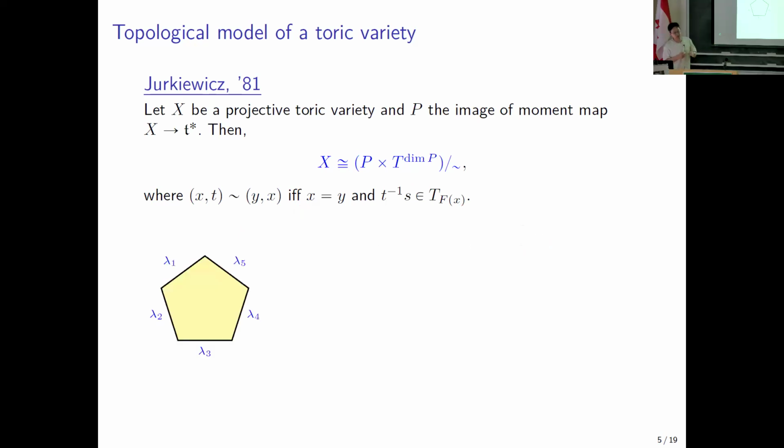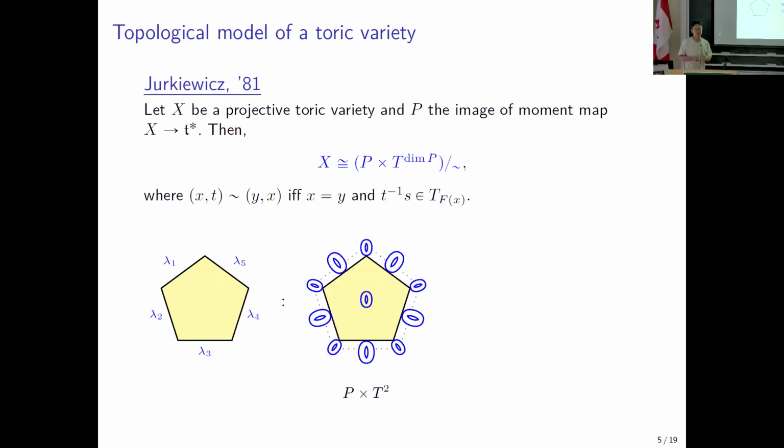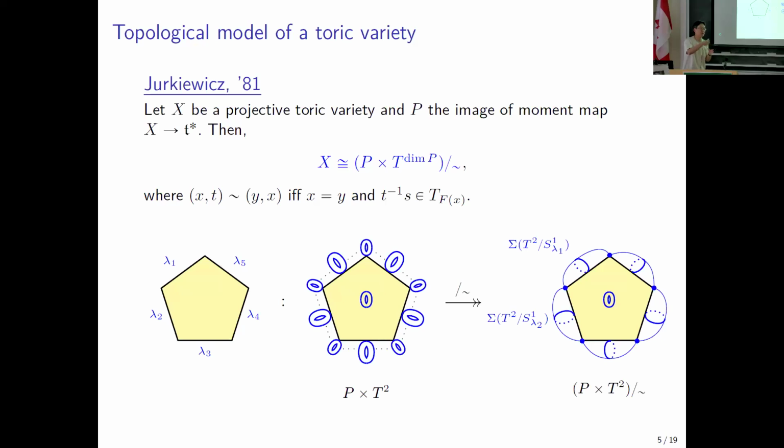So, for instance, if you think about the pentagon, remember that my pentagon is not just a pentagon, but also a geometric object having all the different directions, the normal vectors for the codimension 1 faces. Okay, so my lambda 1 is the normal vector for the hyperplane supporting one of these codimension 1 faces, and then lambda 2, lambda 3, lambda 4, and lambda 5 have that information. And if I have this ingredient, the way I construct a toric variety is to take a Cartesian product with a two-dimensional torus, and then I'm going to collapse certain subtori by this